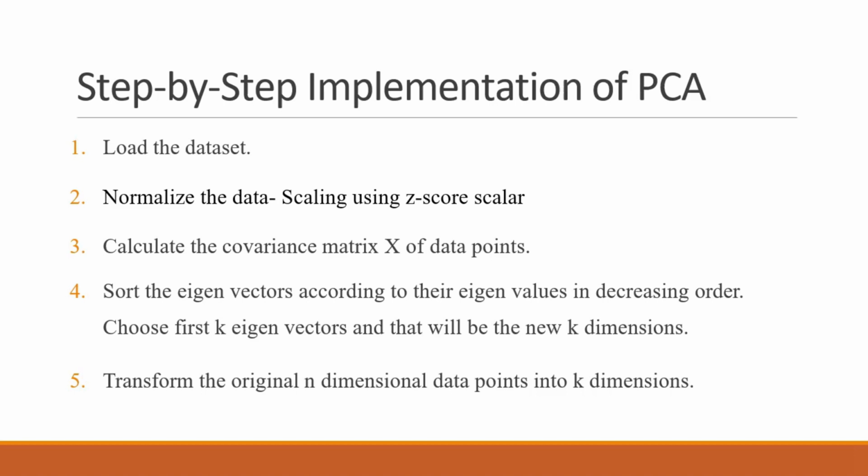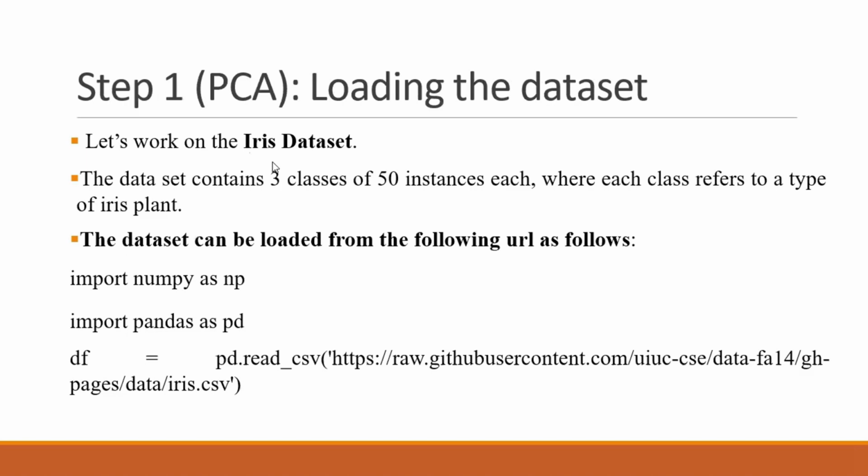And then calculate the covariance. We have to calculate the covariance, and after that we will calculate eigenvalues and eigenvectors. First eigenvalues will be calculated, then eigenvectors will be calculated. We have to choose the first k eigenvectors, only those which are contributing more, and then the final transformation will be done. So in our practical today, we will be implementing this on the iris dataset. I mean, we will be reading the iris dataset, and then we will see how many classes are there, how many instances are there, and the coding will start.